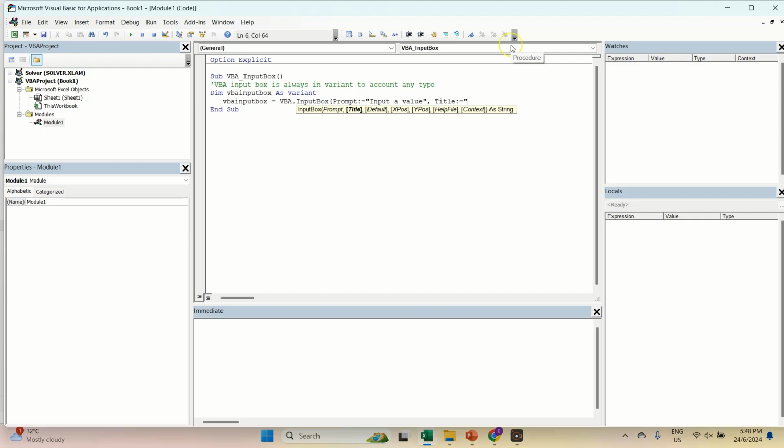So it's just going to be test. So you can see all the possible parameters, right? You have the title, and then you have the prompt. So you can select whatever it is, and then just have this